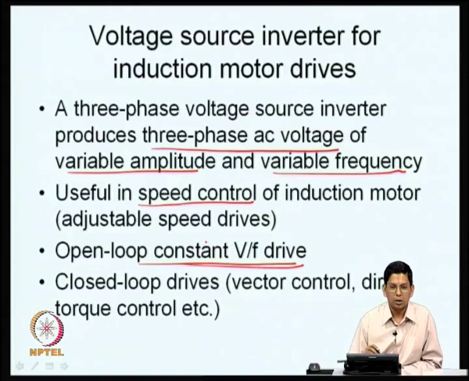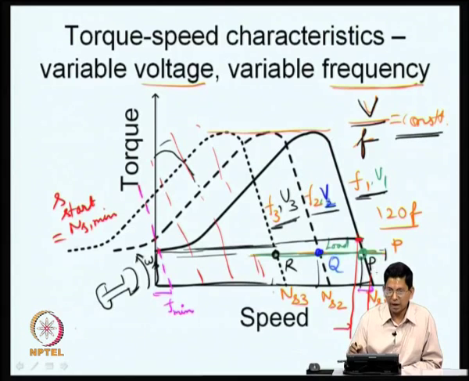So, we change the voltage, we change the frequency, depending on the speed at which we want to operate, and the voltage is always maintained proportional to the frequency, so that the flux is more or less maintained constant now. Here you can also operate it at slightly higher speeds if you want, but beyond the rated voltage you can't apply a voltage because of insulation, there is a limit there. So, what you need to do is, if you go to frequencies higher than this, you have to apply it at a lower voltage. So, V by F ratio reduces. So, that is actually called flux weakening now.